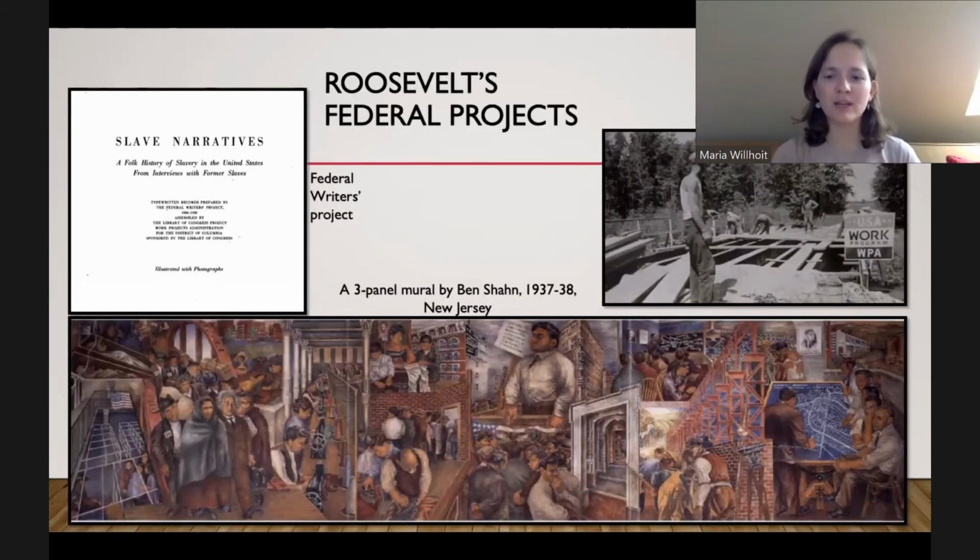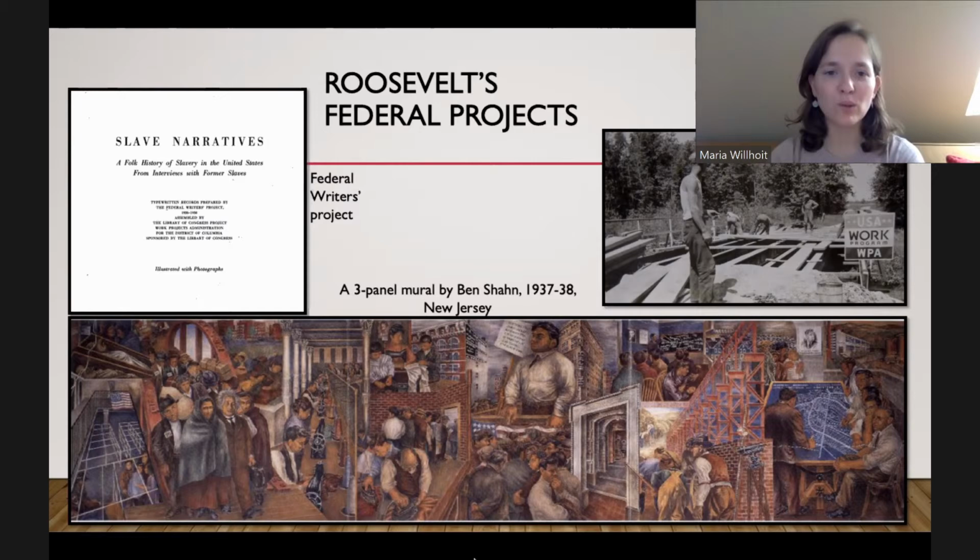And these are just some pictures I have of his federal projects. Here's a photograph of WPA workers. I think they're building a bridge, actually. So they weren't paid a lot. They were actually paid below the average wage during this time. But it's better than nothing. It still helps to put food on the table.